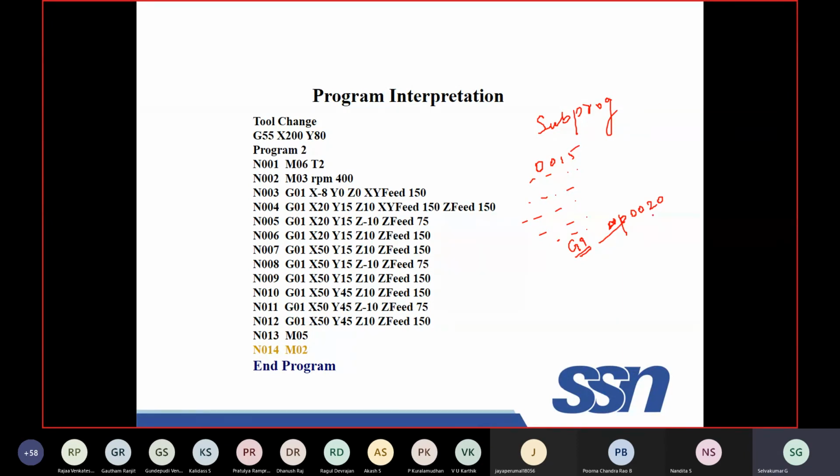So P0020 is referring to the second program. O0020 will be a drilling program. Once it is over, it will go to the point immediately next to this command. So this is the subprogram concept you can use, or a macro also you can use.